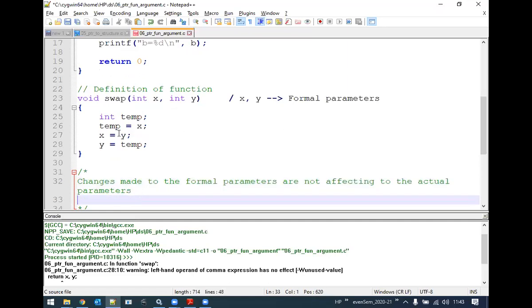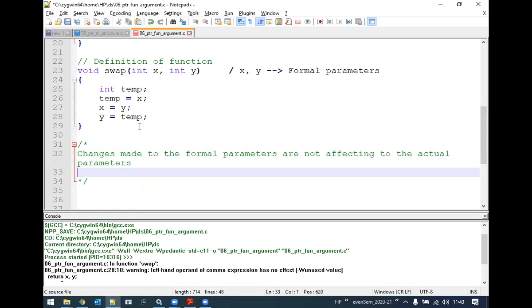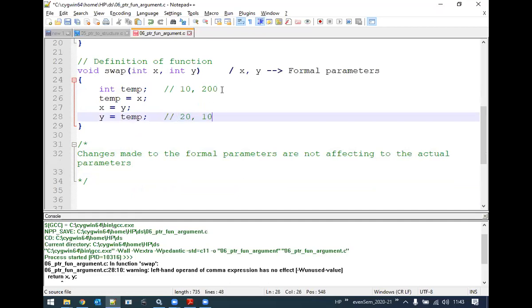Whatever changes we did to X and Y, are those changes reflecting in the actual parameters, A and B? We changed the values of X and Y. Initially, X and Y were 10 and 20. But at the end of this statement, X was 20 and Y was 10. It got changed only with respect to the formal parameters, but these changes did not update the actual parameters.